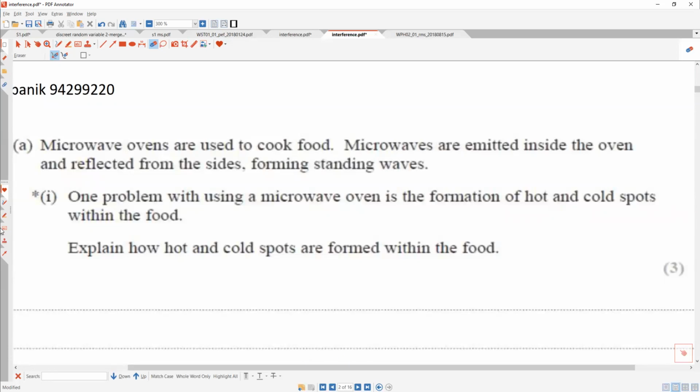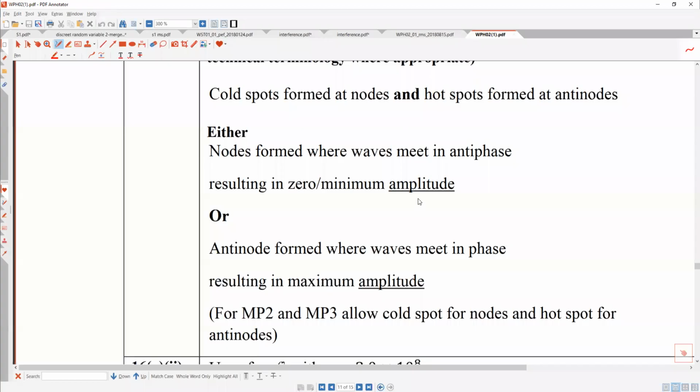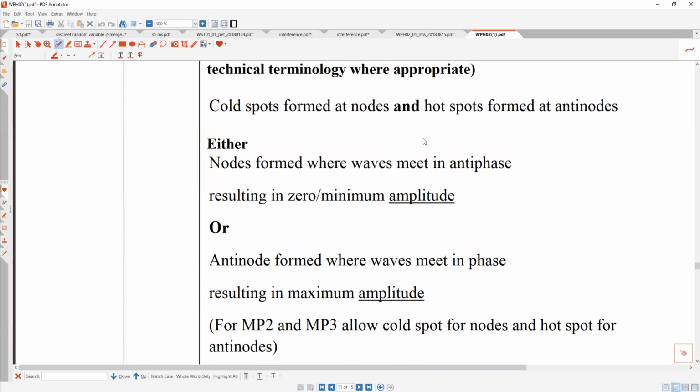I think it's pretty easy. Just let me pause the video. You guys frame the answer for me. Just tell the answer. So we discussed the question, and this is the answer. Now let me know whether you guys are understanding all the points or not. Cold spots are formed at nodes. We know that. We just discussed that. At nodes, what is happening? Zero amplitude. Yes. Okay. And because the waves are in antiphase at nodes, at antinodes what happens? They are in phase, resulting in maximum amplitude. So 3 marks right there. Clear? Online, everyone, clear?